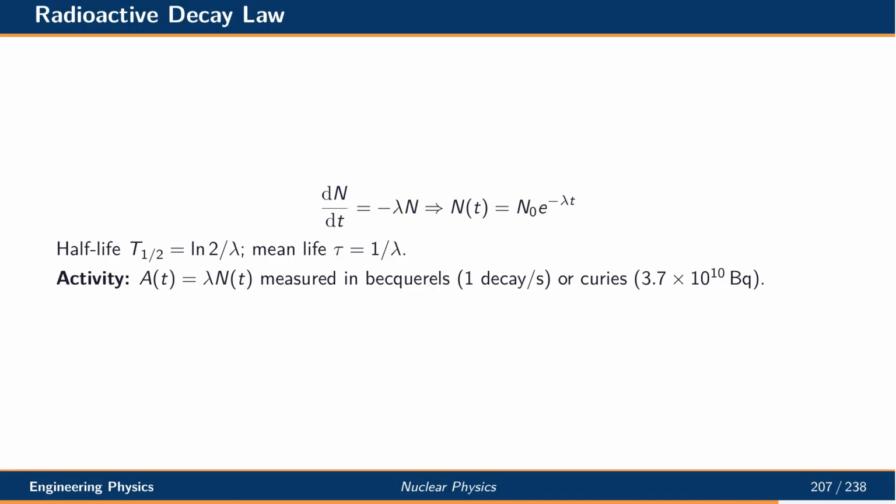The number of radioactive nuclei decreases exponentially with time. The decay constant lambda is the probability per unit time for a nucleus to decay. The half-life is the natural logarithm of 2 divided by lambda, while the mean life is 1 over lambda. Activity, defined as decay rate, is measured in becquerels, with 1 becquerel equal to 1 decay per second. The older unit, the Curie, equals 3.7 times